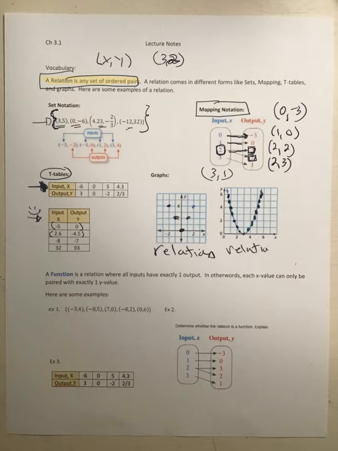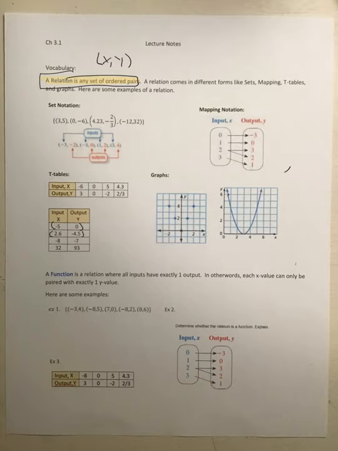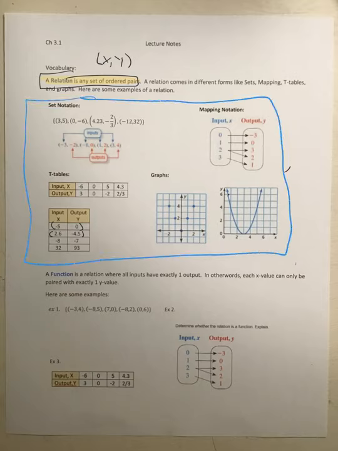All of these are just examples of a relation, just different styles. Set notation, T-table notation, graph notation, and mapping notation are all examples of a relation, which is a